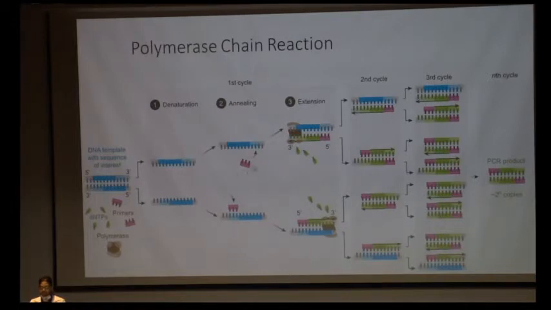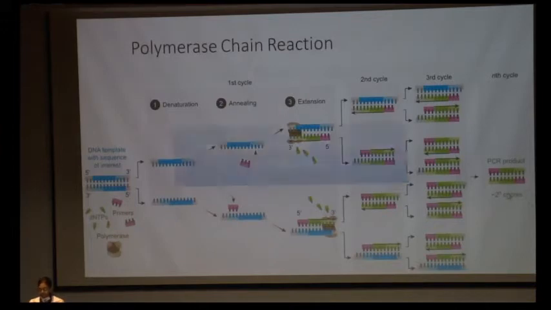So these primers go and bind to the target region, and polymerase along with the dNTPs form complementary strands. So this cycle goes on, and we keep getting new copies of the DNA. And so normally this process is run for around 20 to 30 cycles to get a large quantity of the